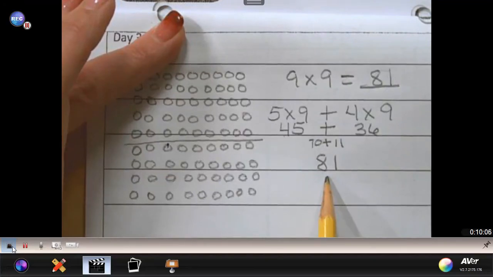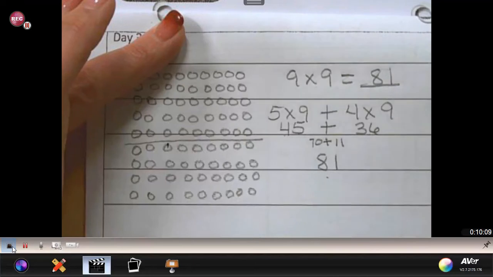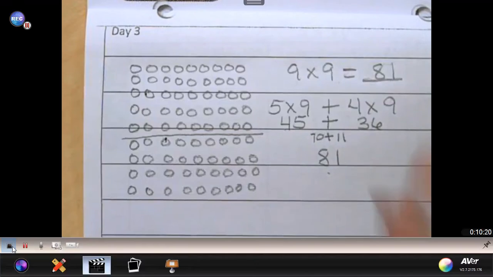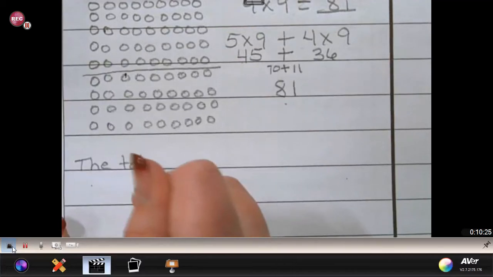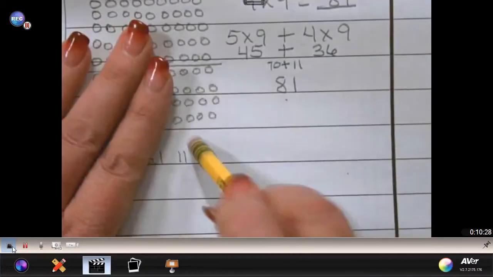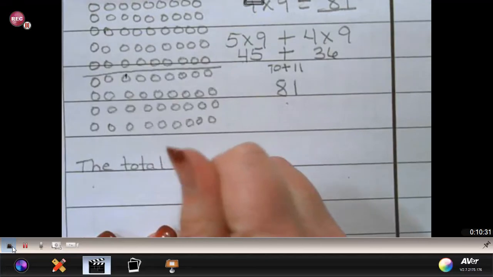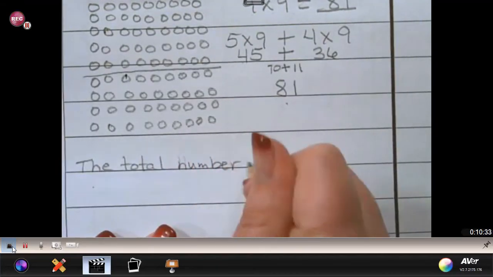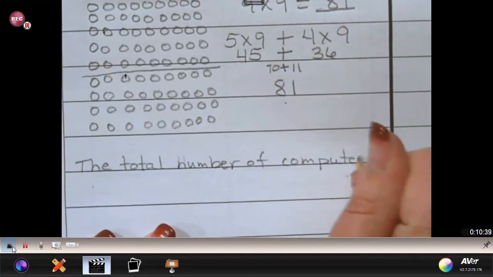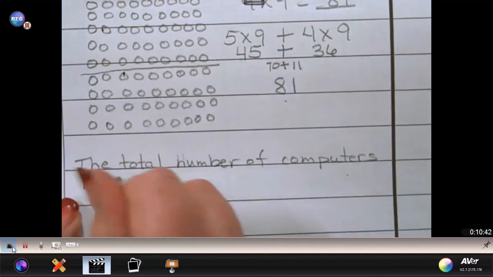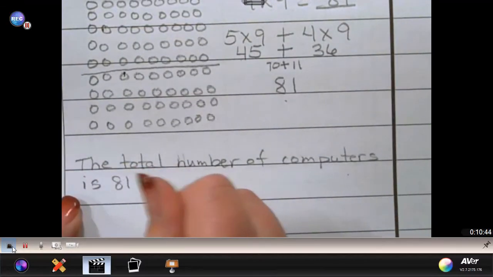So you could also think about using 10 times 9 as a strategy and thinking about, oh, I have an extra row of 9 here. 90 minus 9 is going to give me 81. So when we go to write this out, we would say the total number of computers is 81 because